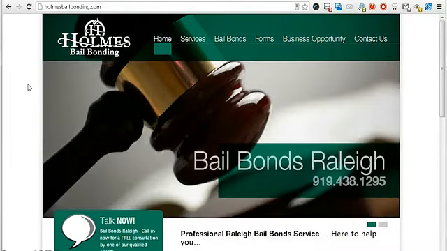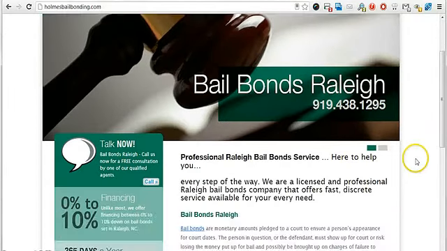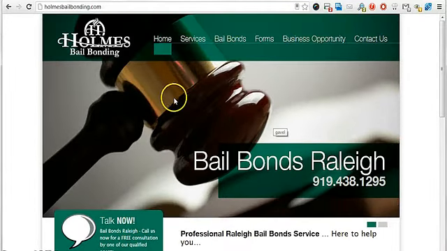So we were willing to take that risk and show him what we could do over 3 months. But you look at the site here, and we'll go to the design aspect, and then I'll go to the optimization aspect in a second. So I tell everybody, what the heck am I looking at? Does this pass the test? Bail bonds Raleigh, it gives it to me,